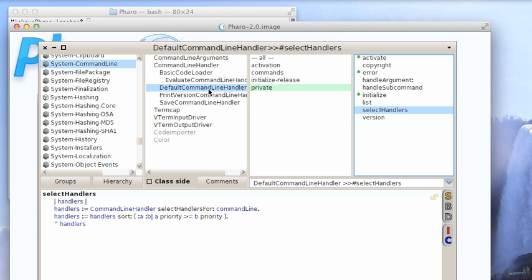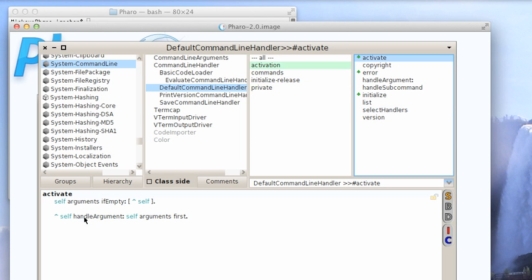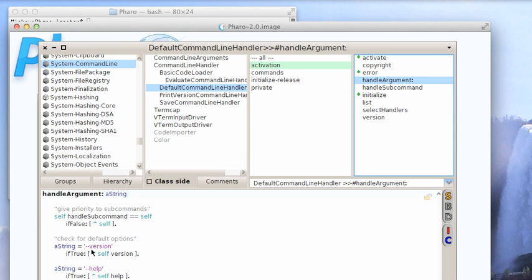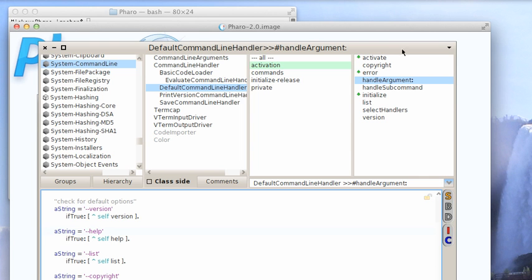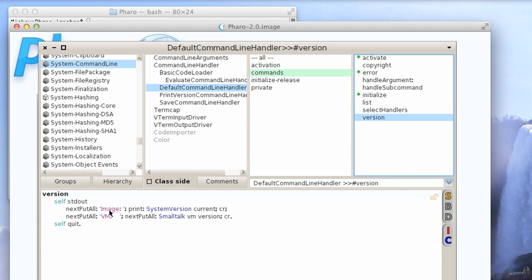So this is DefaultCommandLineHandler, one of the subclasses. It's the one you get by default with Pharo. And if you take a look at activate, it goes ahead and calls handle arguments and takes a look at the arguments. And you go in there and it's going to check for -version, -help, and so on. And if you look at these methods, like help and version, you see version here. It just puts out the image version, system version current, the VM version, and then